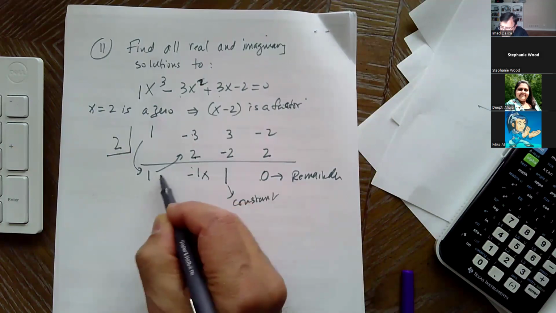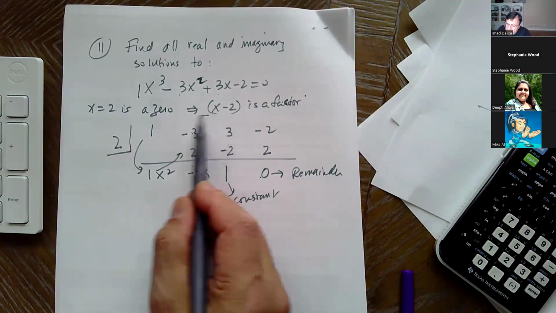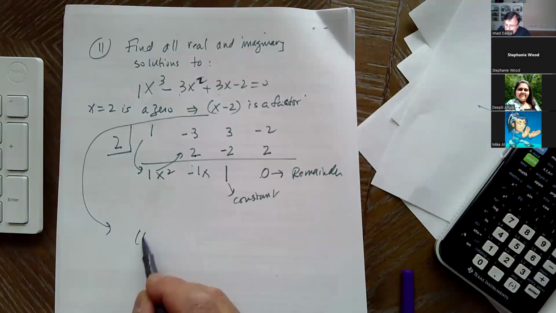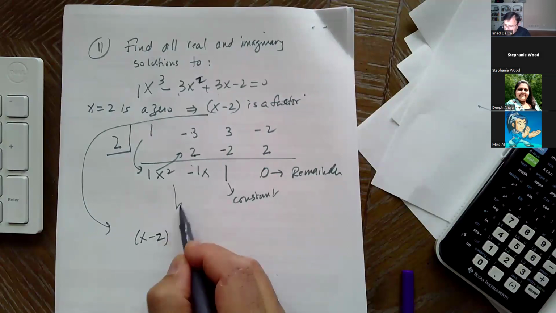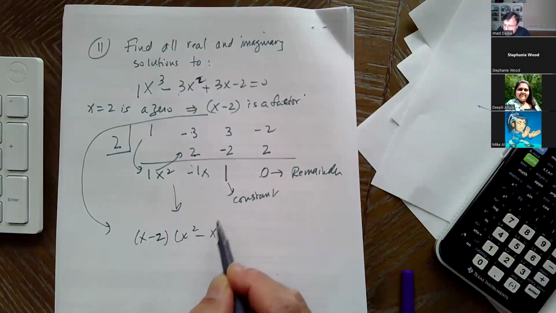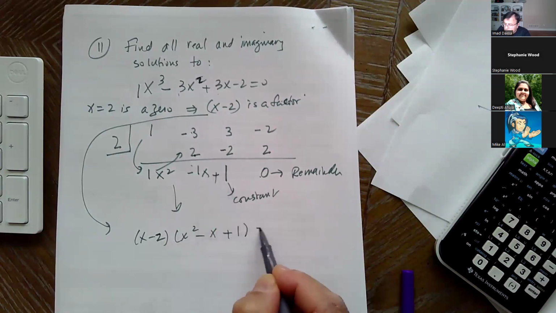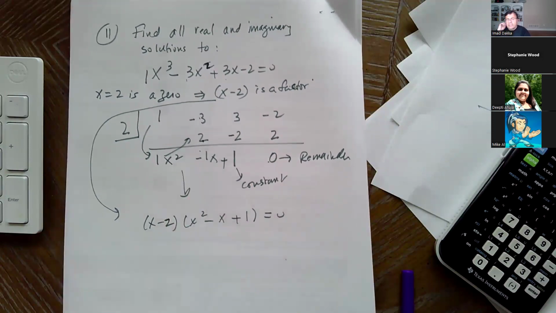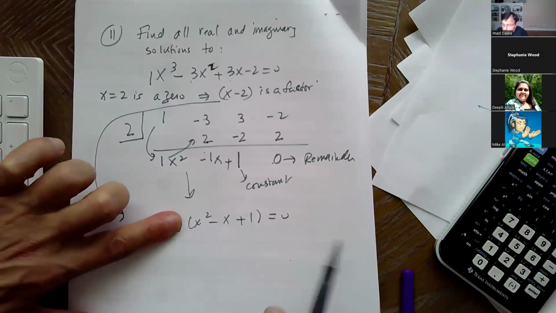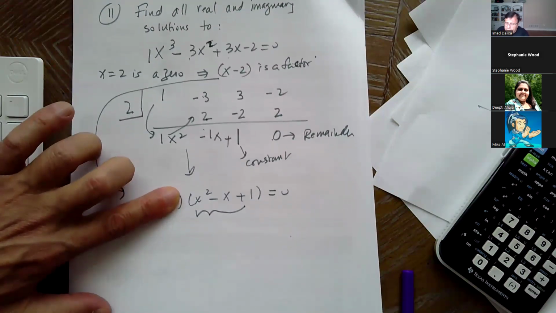This would be x squared. So remember, this is a factor. We bring it down. And then the other factor is x squared minus x plus 1. And that's how we factor the top expression. Now we already have this x equal 2. This is going to give me my